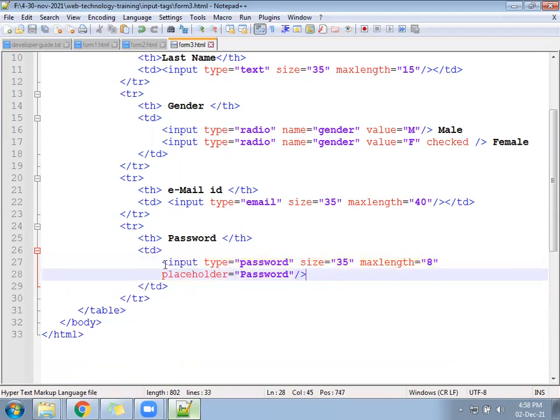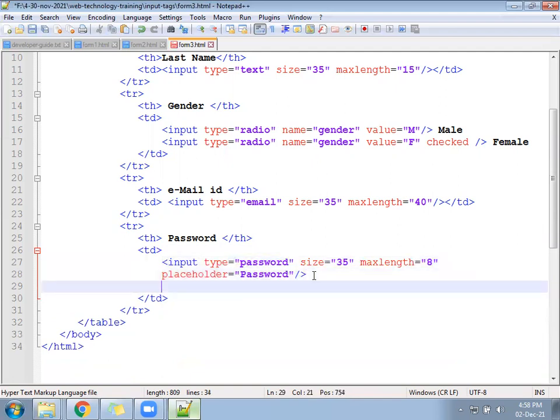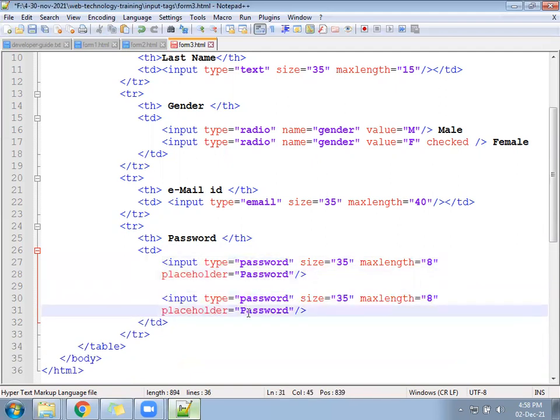Similar way, we can create one more here. Placeholder repassword. Same way. Now try. You will see two text boxes will come. The length will get increased a little. We have to manage it. We need to break, we need to put them in two lines. The BR way will be followed.